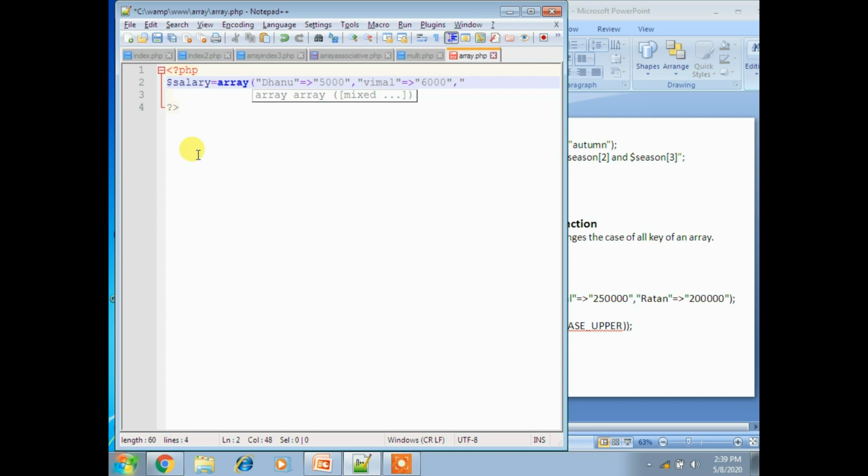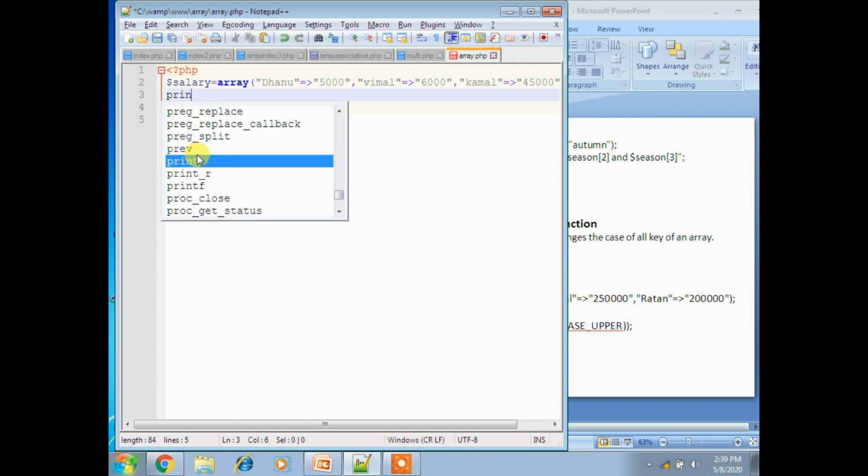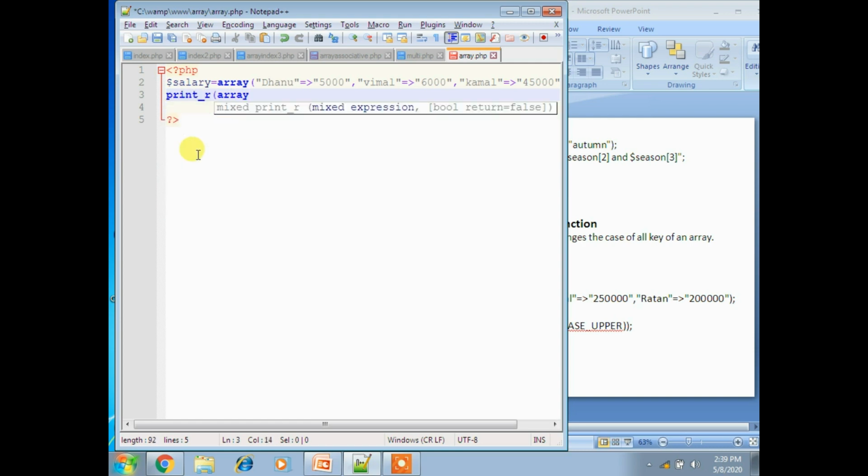Now I am taking another name, Kamal, with the value 45,000. Now I am closing this, and now I am printing, so print_r array_change_key_case.